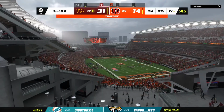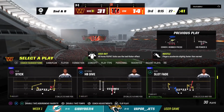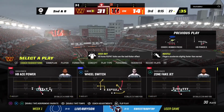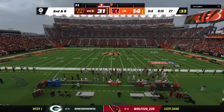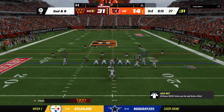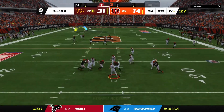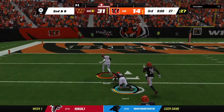The last run good for 2. Here's 2nd and 8. And now the Bengal defense here calling a timeout. It's just their first, so 2 remaining as they burn one here in this 3rd quarter. They'll break the huddle, come up on 2nd and 8 at the 27-yard line. Throwing here, Howell. Slings this deep from McLaurin. That's caught inside the